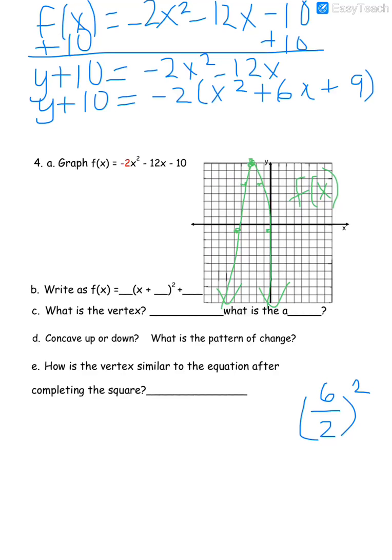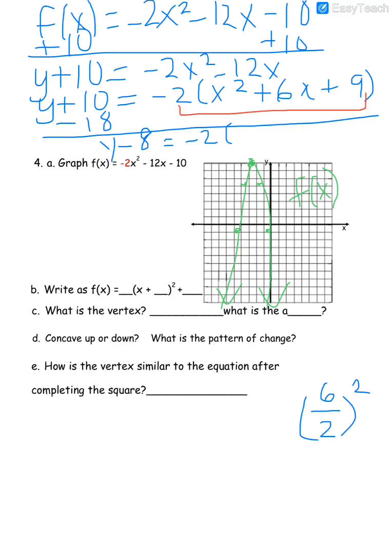Over here, I'm going to stop myself. I'm not going to write plus 9. Instead, I'm going to multiply by this coefficient, and that gives me minus 18. So I'm going to write minus 18. That was quite tricky. So I have y minus 8